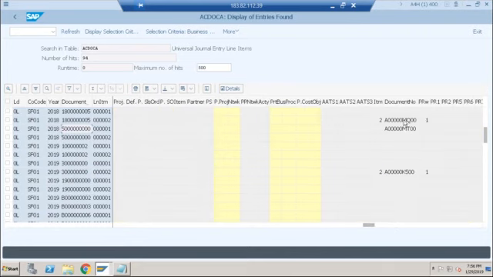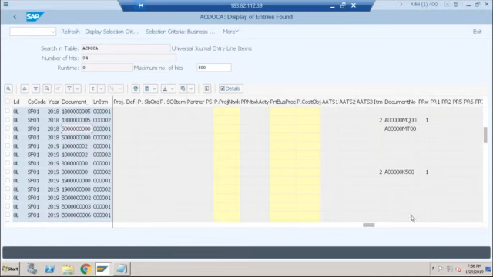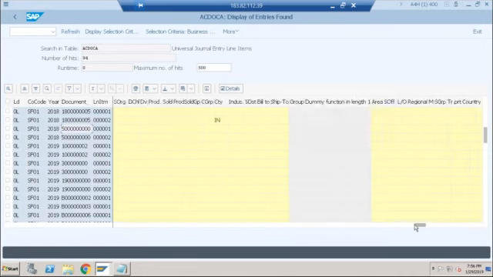You can see this document number. Yeah, these are the fields which are related to material ledger, this section. And these are related to COPA again. You can see region is again populated. No, sorry. Here we don't have any customer, so region is not populated.